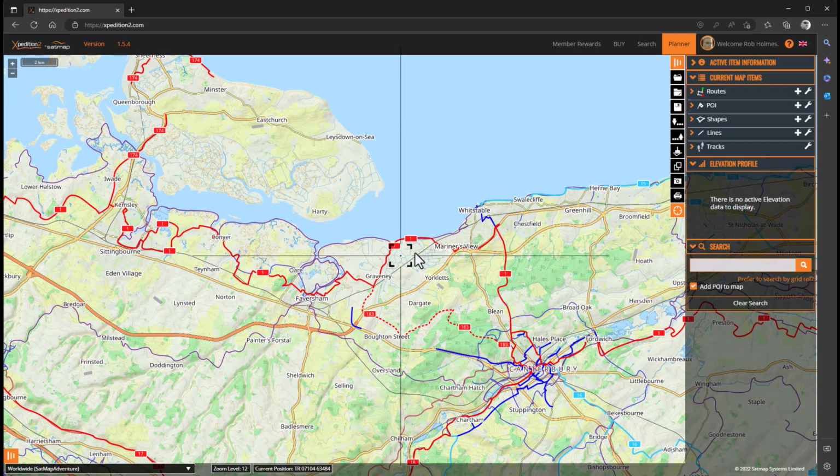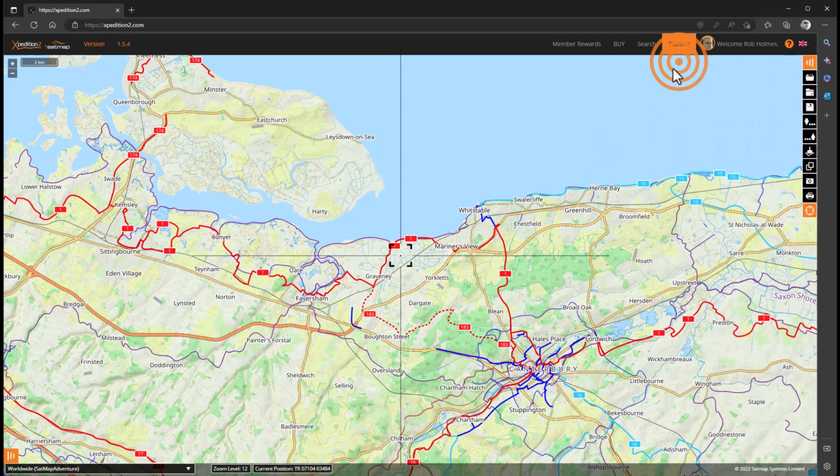And so initially we are presented with the main map region, and something you will notice is that Expedition 2 is very focused on maximizing the map region that's available, even to the extent where you can hide the tools if you wish. I'll leave those hidden just for now. But we'll explore some of the other features in the map, so we can